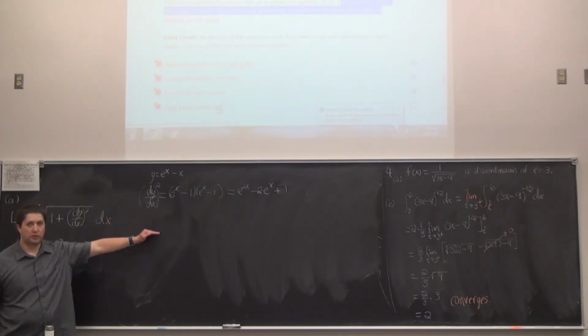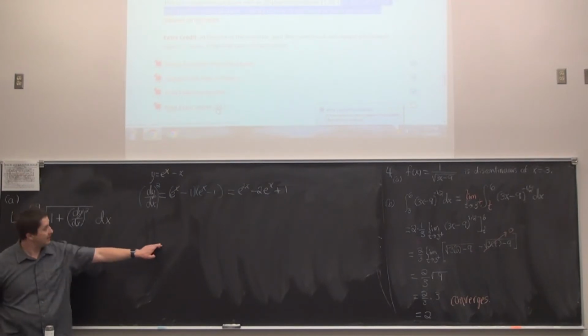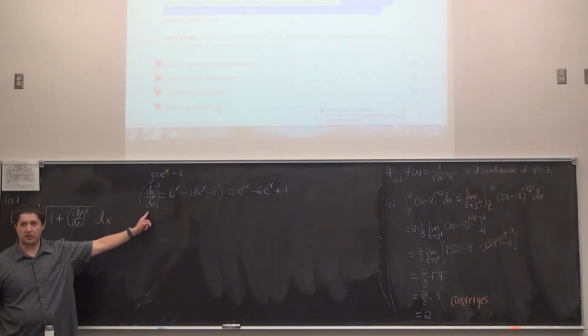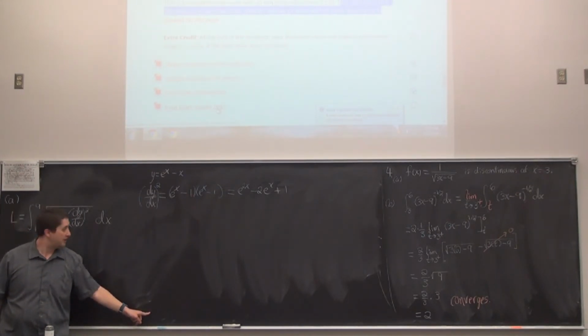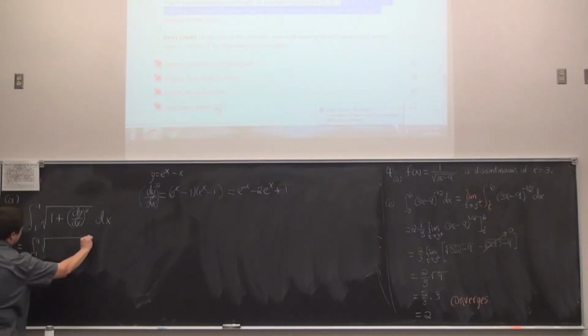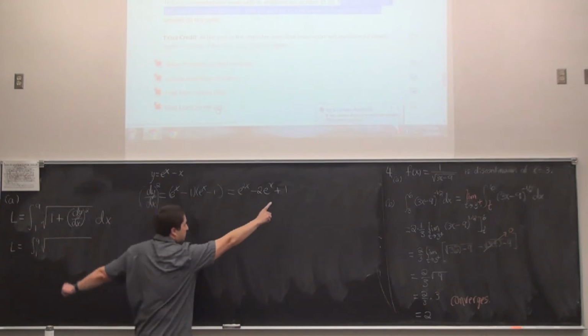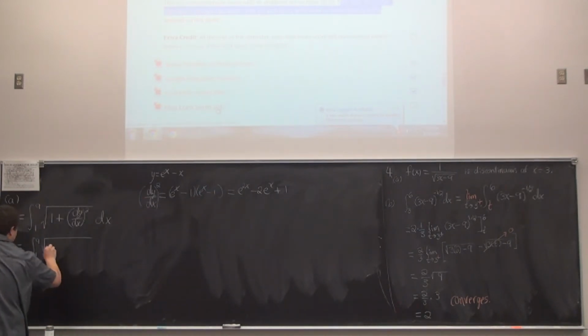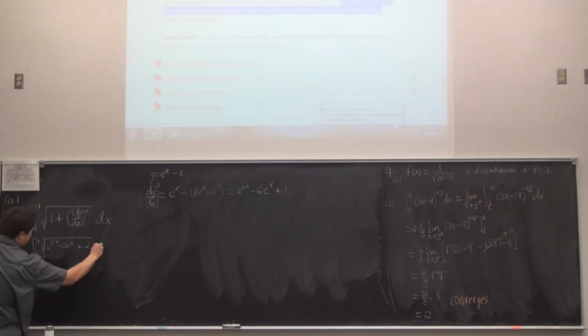Then we don't have to go too far with this stuff because we're not trying to do it exactly. If we were trying to do it exactly like we did in the homework and in class, then this could be a very long process in and of itself. Instead, I'd probably come back here to the length, and say that this is now the definite integral from 1 to 9 of the square root of. There's a 1 here, so I'm going to combine it with this to get the 2. To get e to the 2x minus 2e to the x plus 2 dx. Then we've set up the length as an integral.